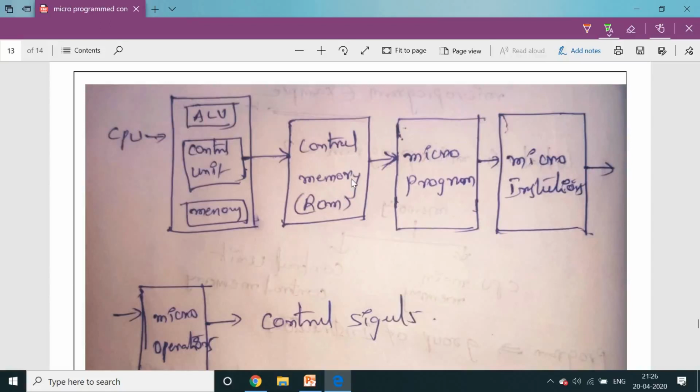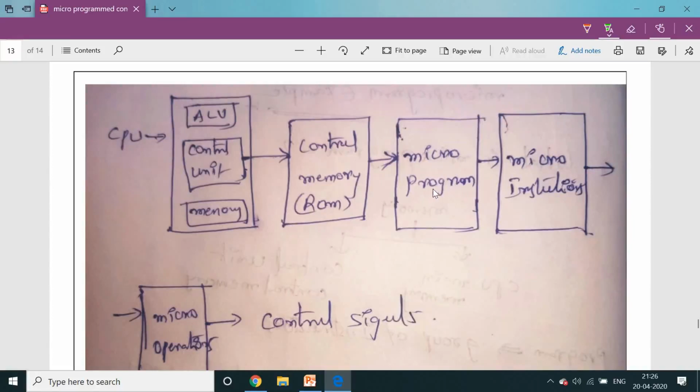Inside the read-only memory there is a program, and that program is called a microprogram. Listen carefully, these points are very, very important, because in the above concepts, every time we call it microprogram, micro instruction, micro operations like this. So inside control memory, a microprogram is there.